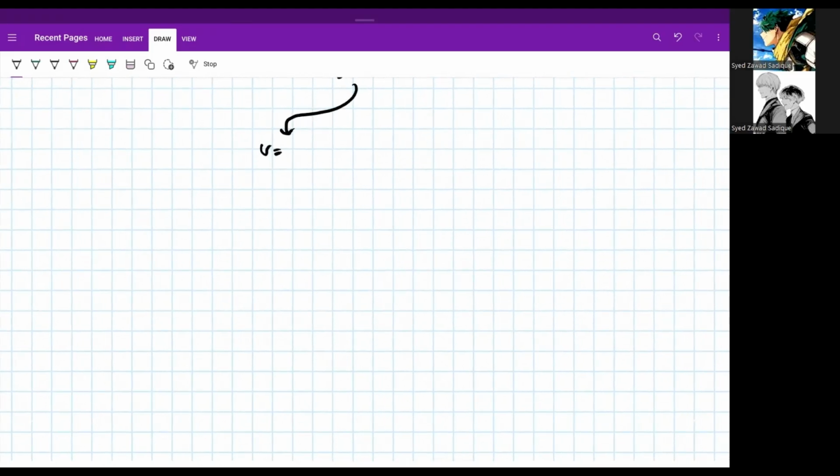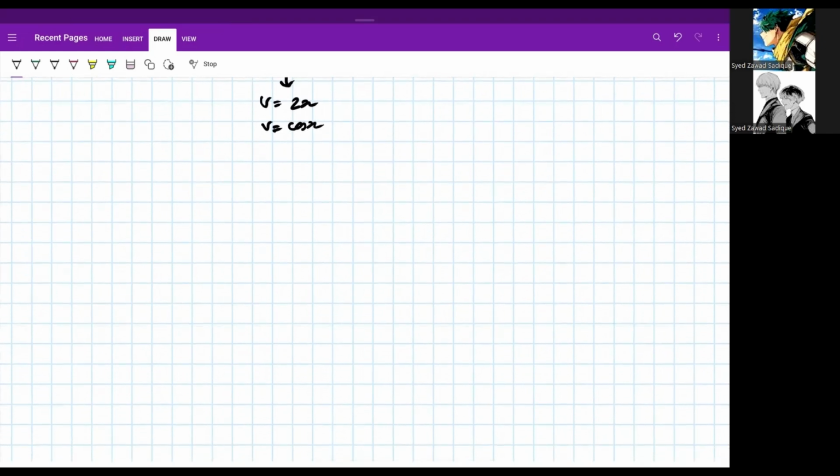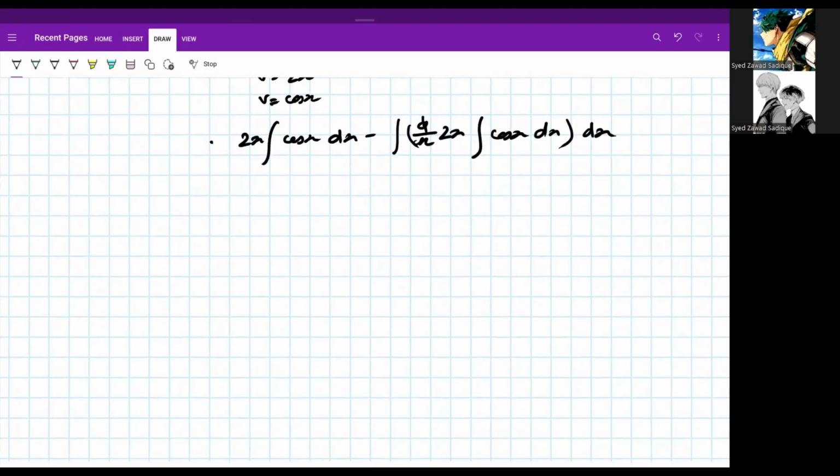So we know u is 2x, v is cos x. Therefore, 2x cos x dx minus the integral of the derivative of 2x times the integral of cos x dx. This becomes 2x sin x minus